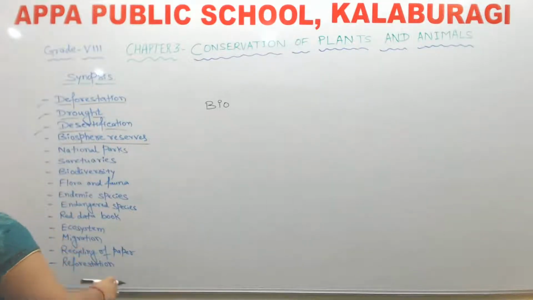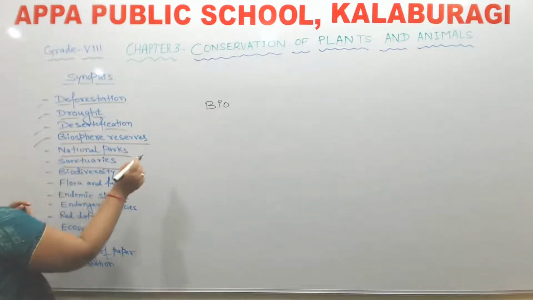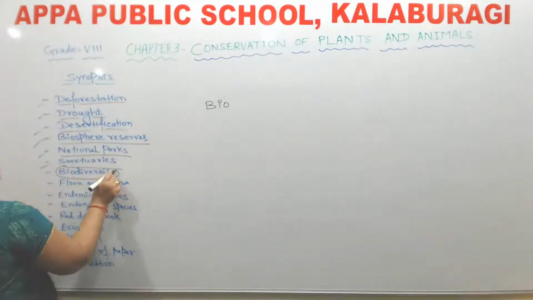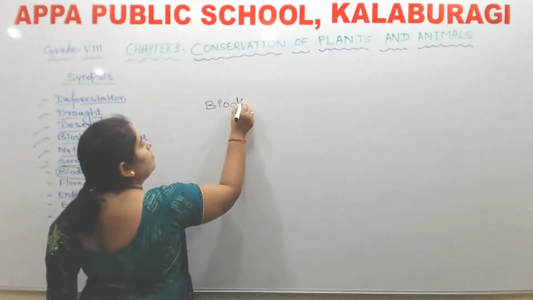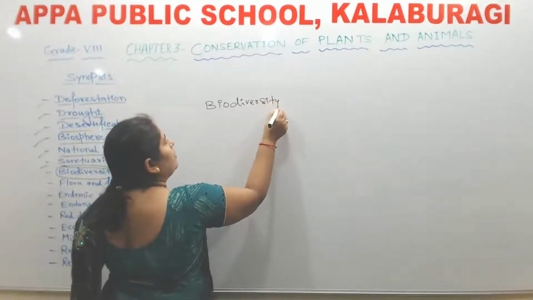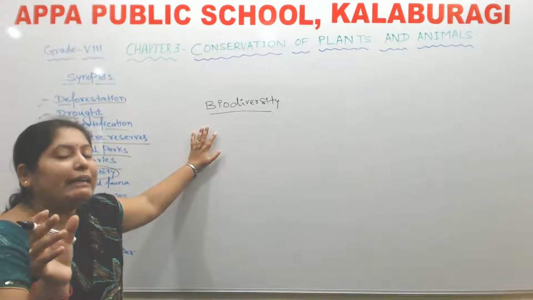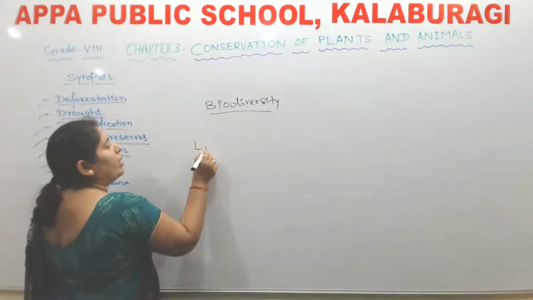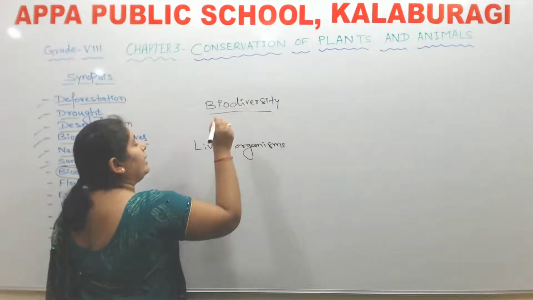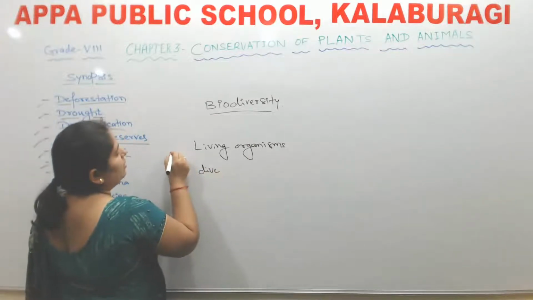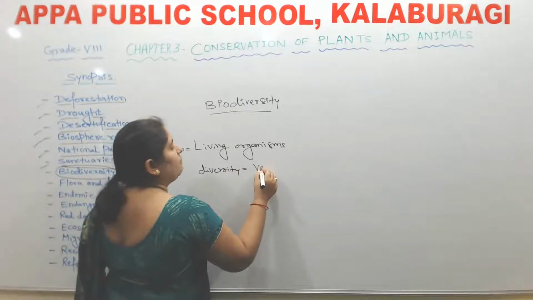Coming to the next part of the lesson, national park and sanctuary I have explained already. Next one is the biodiversity. So here, students, just remember that the word biodiversity itself is going to indicate something. Bio means, as I said, living organisms. Diversity means variety, vast varieties of,